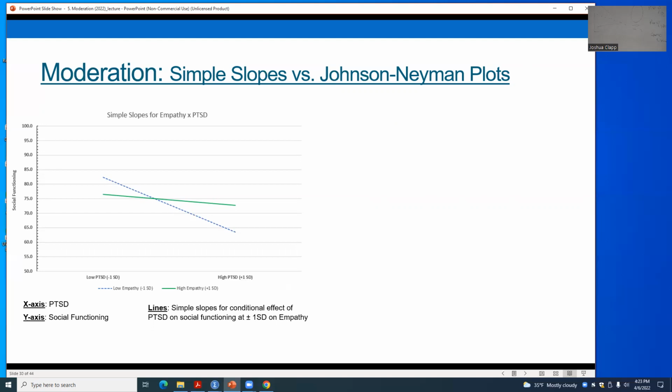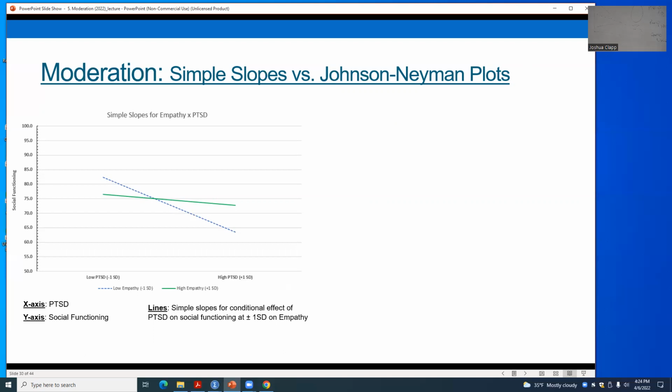At a standard deviation above on empathy, really no association between PTSD and functioning. They're kind of unrelated. But for people with low levels of empathy, a standard deviation below the mean, we get a negative association, whereas PTSD goes up, social functioning decreases, right? So this is informative. This is how we would normally present these data. And we would say, yes, the effect of PTSD on interpersonal functioning is dependent on empathy, at least based on